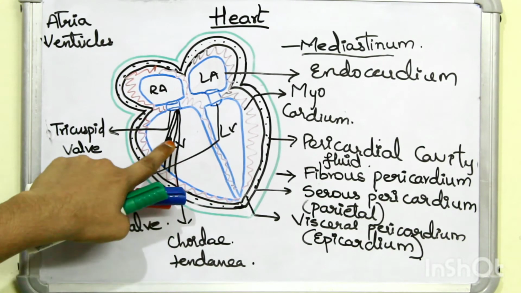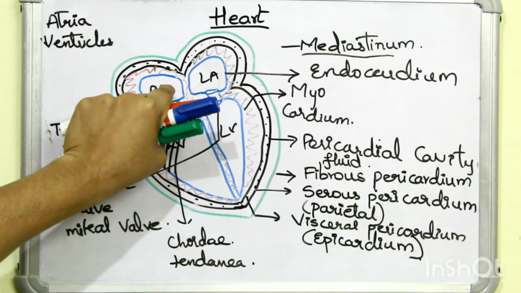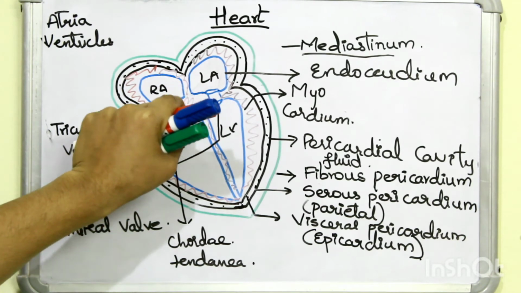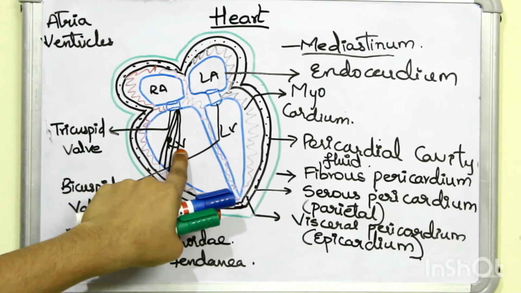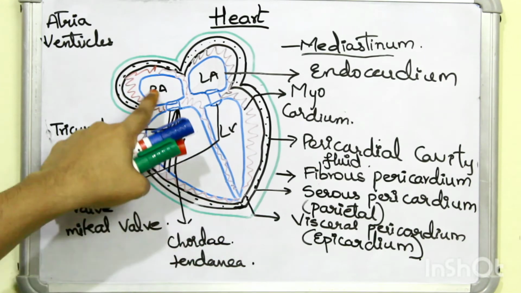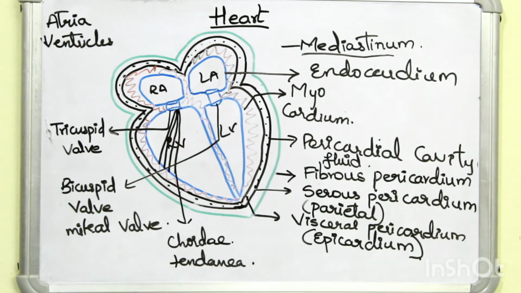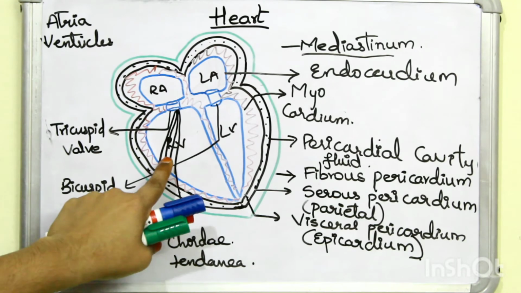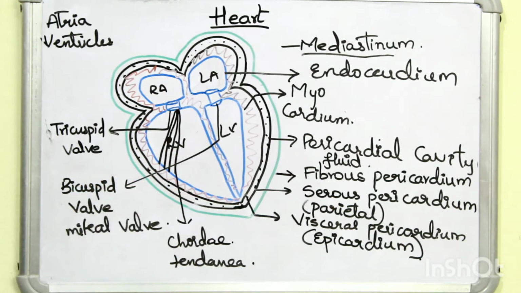If these are lost, what happens? The valves don't close properly. Okay. So based on the contraction and relaxation of chordae tendineae, the valves open and close during the cardiac cycle. Okay. If there is any problem in the valves, that will cause a murmur. Murmur is a condition where you won't hear lub and dub, you hear a clicking sound. So there will be a change in the heartbeat, that you can identify through a stethoscope.